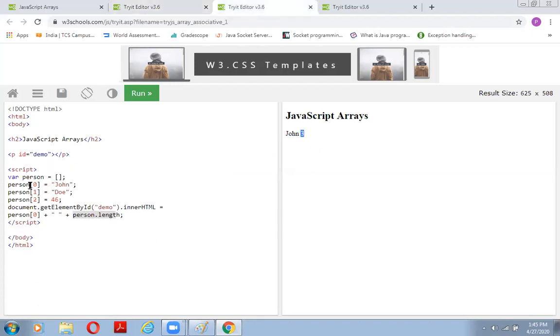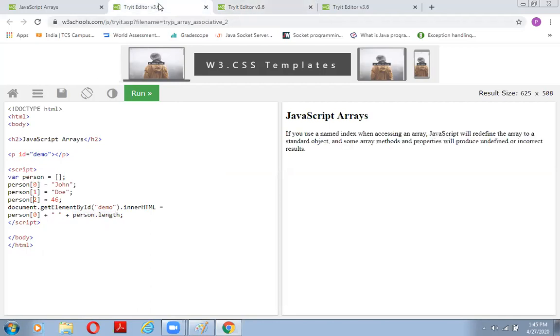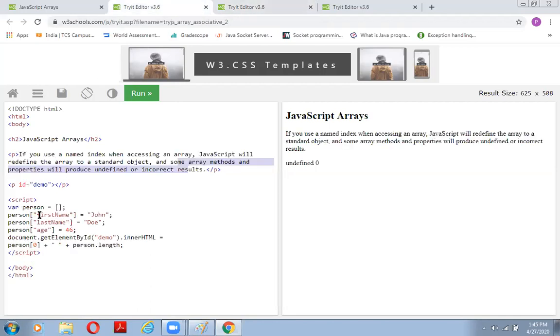Here we used index numbers 0, 1, 2, but now the indexes are first name, last name, age. So named indexes will produce undefined or incorrect results.